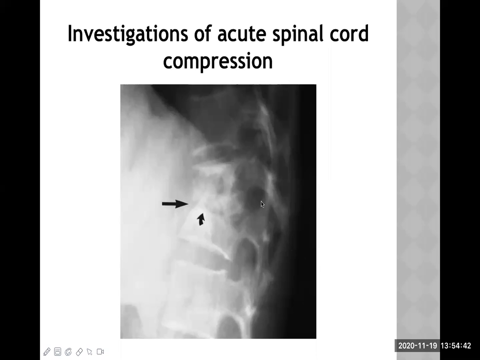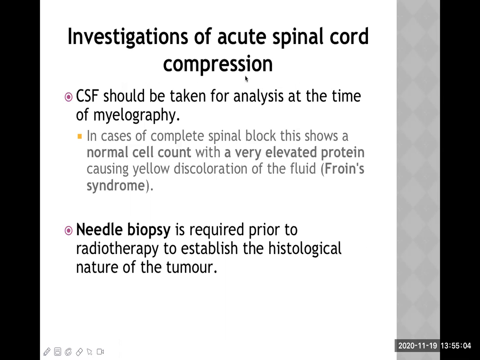See, here is the acute angle formation. This is called kyphosis. Okay, kyphosis. Because of the compression fracture of this vertebra, all the problems have started. And this is one of the usual causes of spinal cord compression. Now, the disease which is responsible for that type of problem is probably Pott's spine or tuberculosis of the spine. Another important test is CSF analysis, and this CSF analysis should be taken at the time of myelography,